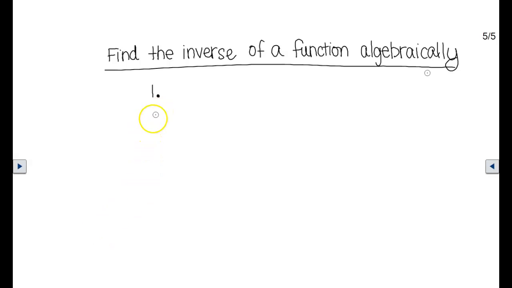All right, so to find the inverse of a function algebraically, the first thing you are going to do is look at the function and replace f of x in that function with y. We know that f of x and y are 2 different ways to say the same thing, so we're just going to make things simpler by replacing the f of x in the function with y. Now, the second step